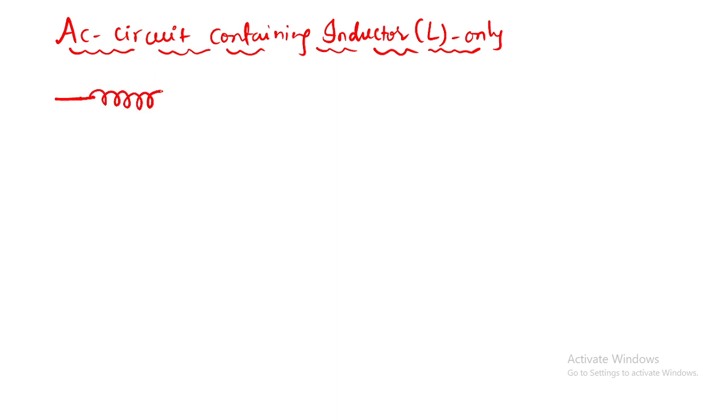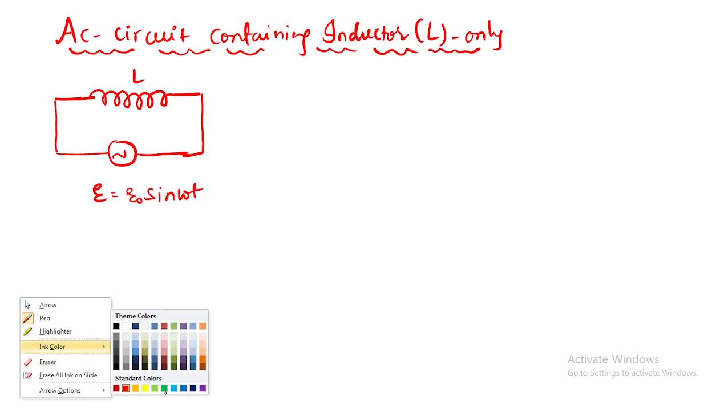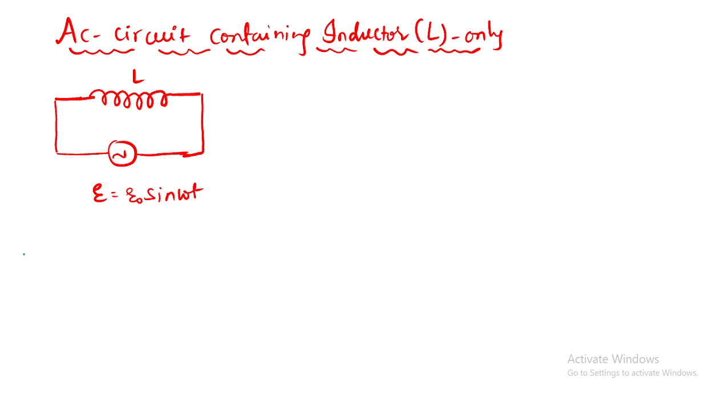Inductance, write along with me. Inductance is also there, and there is the current you are supplying here, meaning AC supply, an AC source is there. How much EMF you are supplying here? E naught times sine omega t you are supplying. Yes or no? Now this is the inductance L. So from there we'll start our conditions.